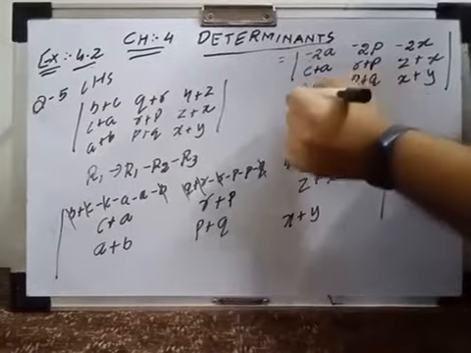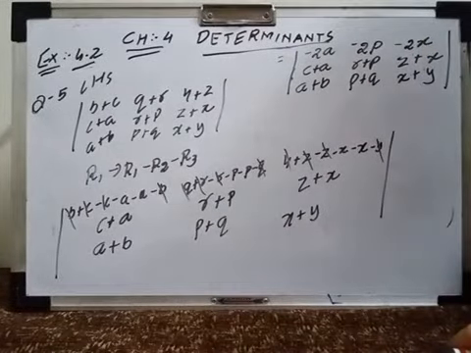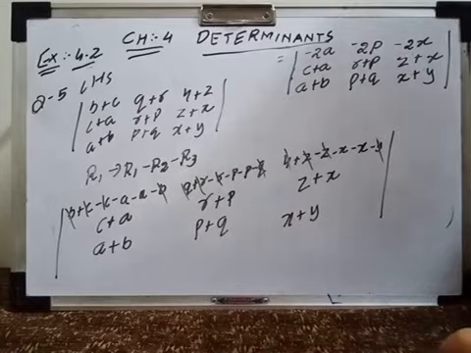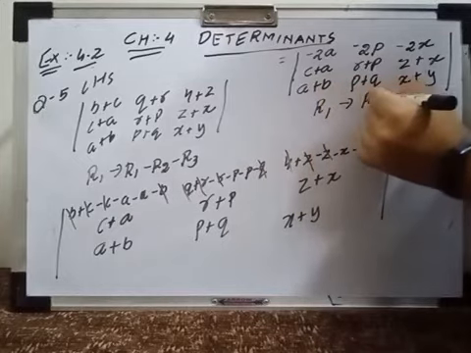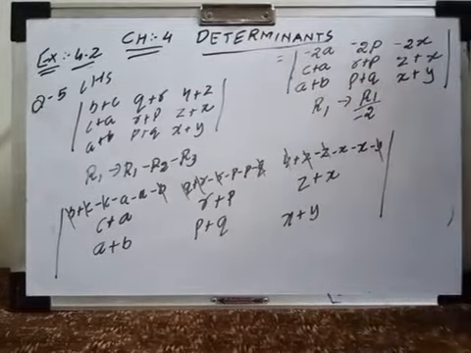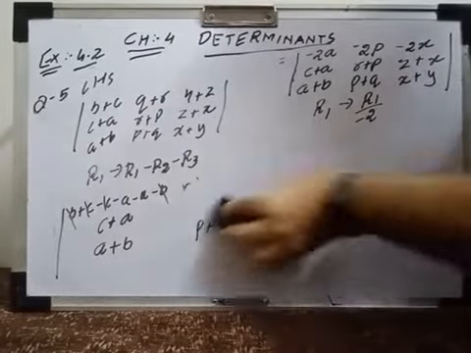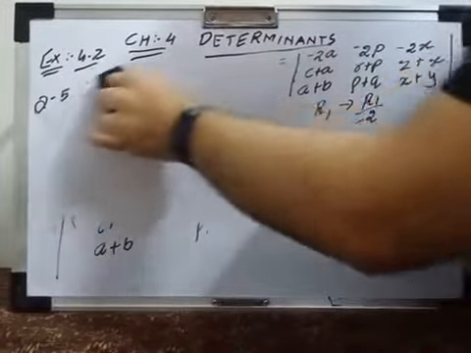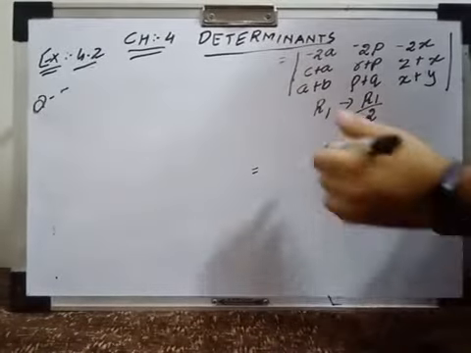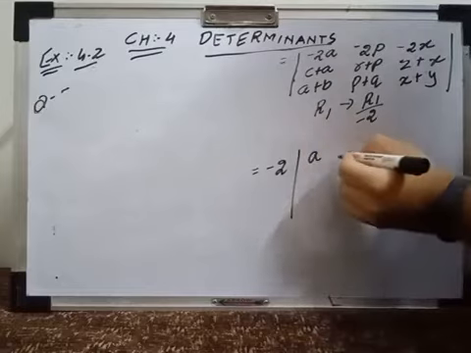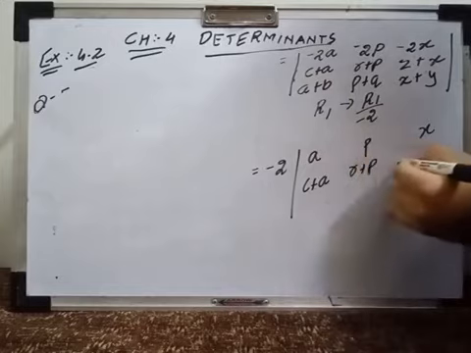Now we'll take 2 common from row 1. Now to take 2 common from row 1, I will pass one rule. Row 1 gives row 1 divided by minus 2. We'll rub this as we don't have enough space. As I am dividing row by minus 2, I have to multiply minus 2 outside. This is A, P, X. C plus A, R plus P,